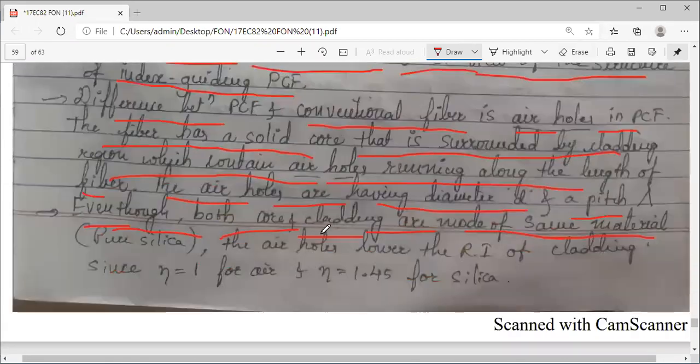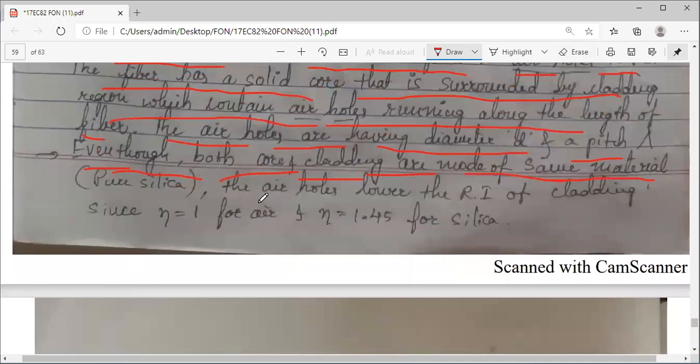So because of this, the air holes will lower the refractive index of the cladding. Because of the presence of air holes in the cladding portion, the outer regions will have a lower refractive index.